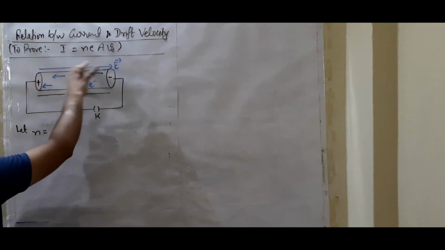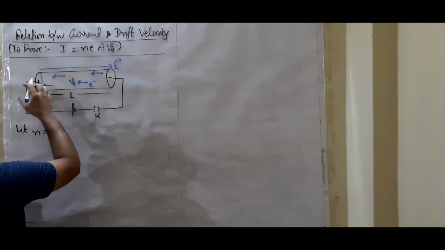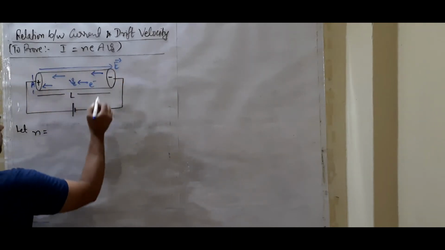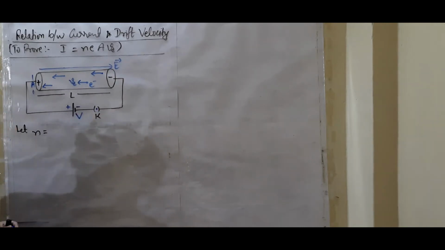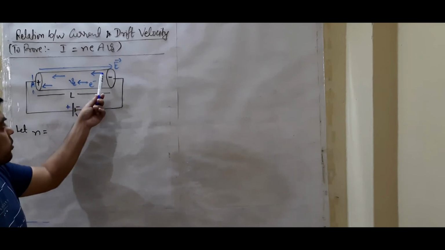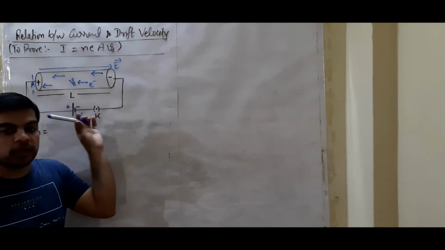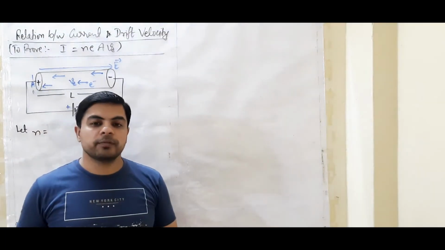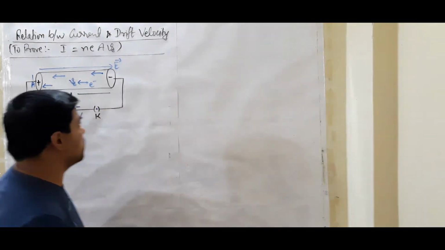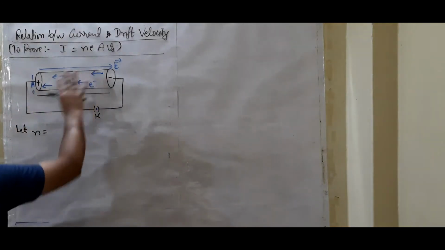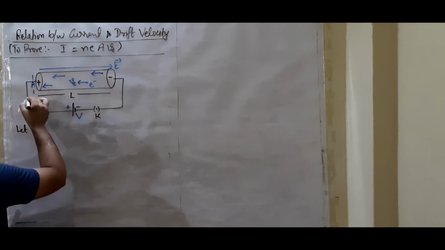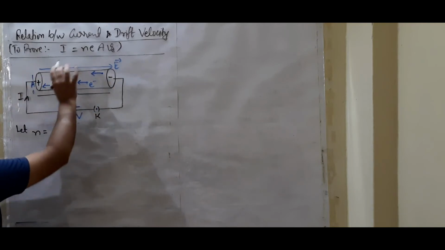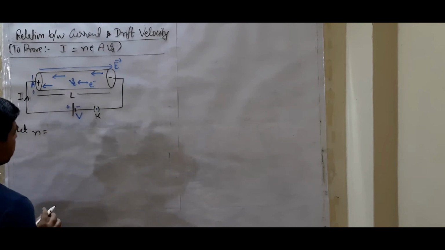We know that the wire has length L, cross section area A, an electric field is applied when the circuit is closed, the potential difference applied is V, and here these electrons will be moving towards the positive end of the conductor. Here we are not showing the collision of electrons with positive ions to keep our figure very simple, and when these electrons start moving, current will be produced in the circuit. Now here to find this relation we are considering some factors.